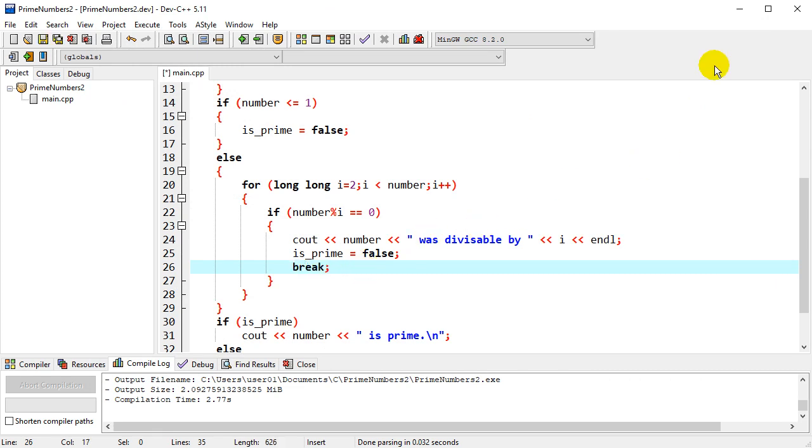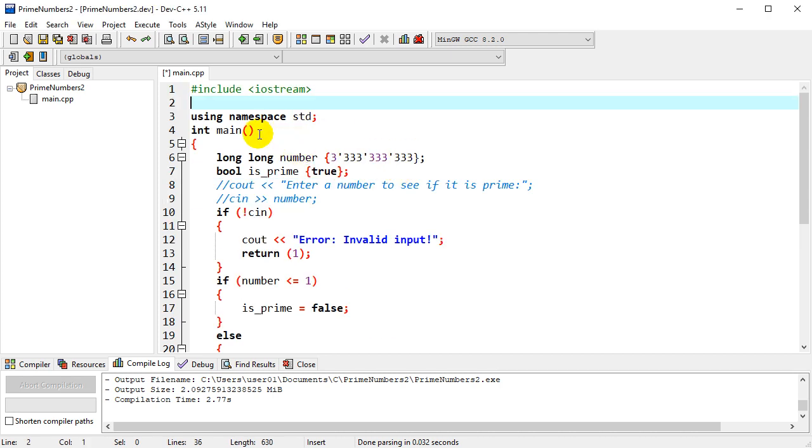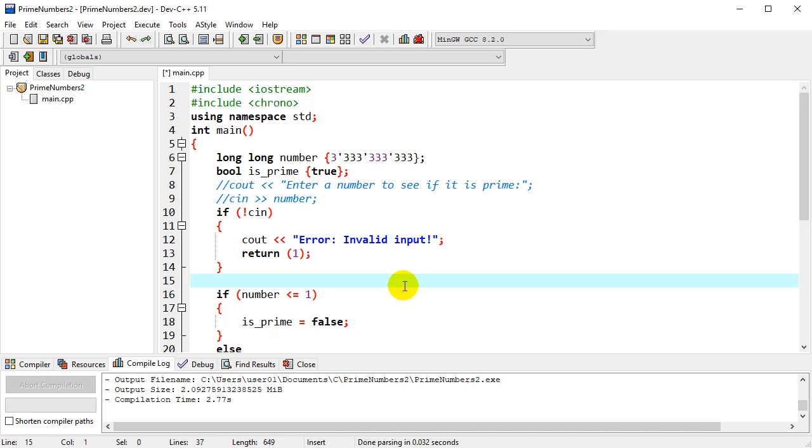good improvement. One other question might be, what if I'm running a compiler that doesn't have that built in? So another way to check this is to include another library, and we're going to include Chrono. And what we can do is check the start time and the stop time. So if we jump down to the beginning of our process, I'm going to create a variable called start time, and that's going to be equal to std::chrono::high_resolution_clock::